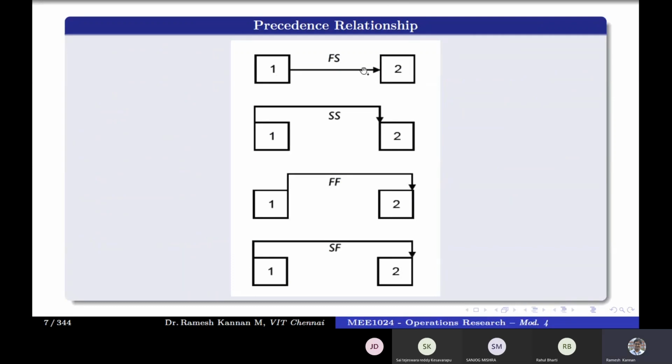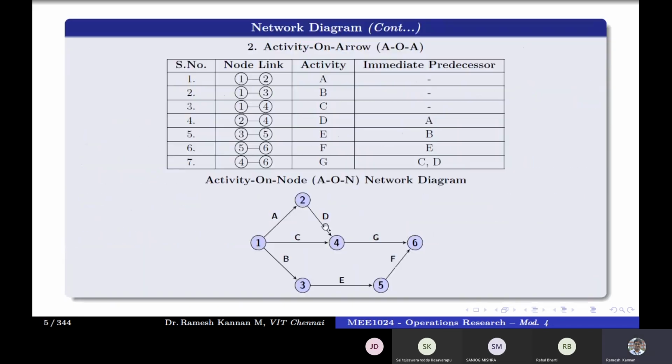Okay. Then these are the different precedence relationships. We talked about the activities or the events, and that is something called a precedence relationship. It is a very important thing. This is an event, this is an event, and so on. There are 4 types of relationship for a network diagram. One is called FS, finish to start. In this type of relationship, unless activity 1 or event 1 gets over, event 2 cannot start.